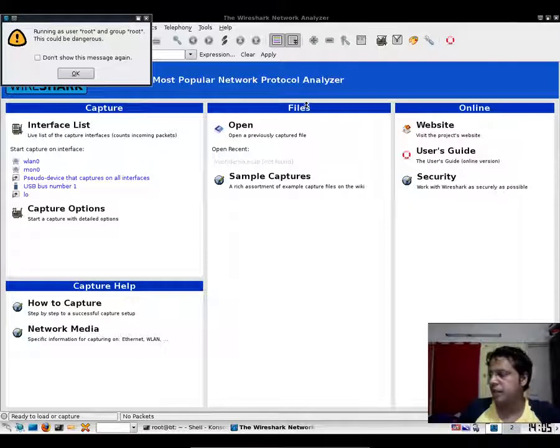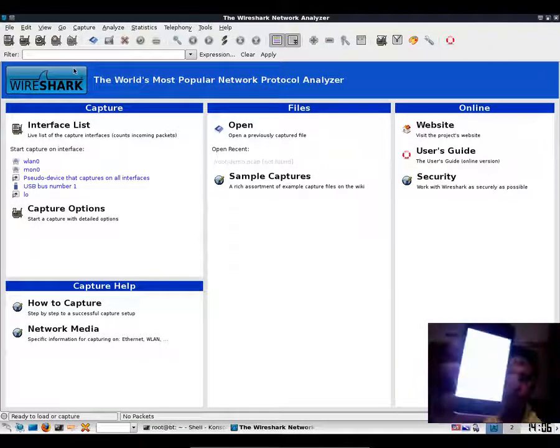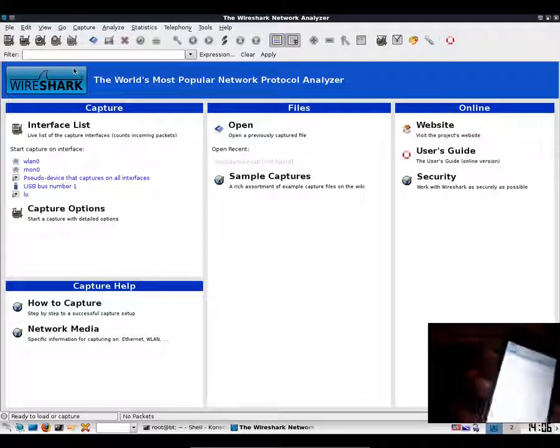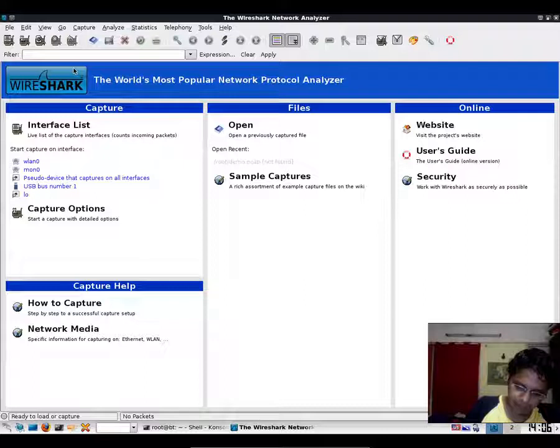While this is happening, I'm ensuring that my access point is up and running, and also that the Wi-Fi on my iPhone is currently switched off.